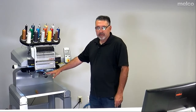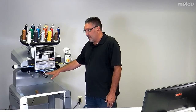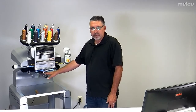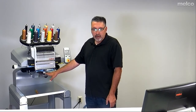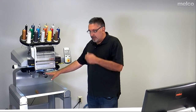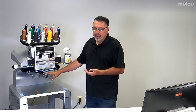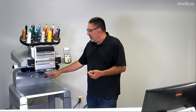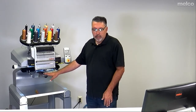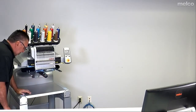NPT, needle plate trimmer, is basically exactly what it stands for. It is the thread trimming device that is part of the needle plate assembly. Really, probably the only reason that you're going to have to take this off is because of maintenance for the NPT, and that falls under the 2 million stitch maintenance. So I'm going to go ahead and remove this needle plate